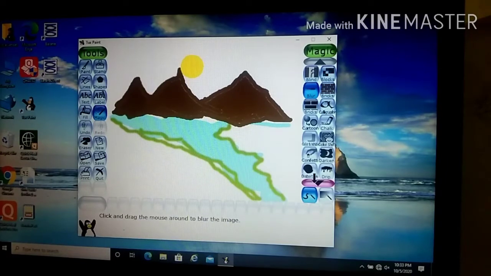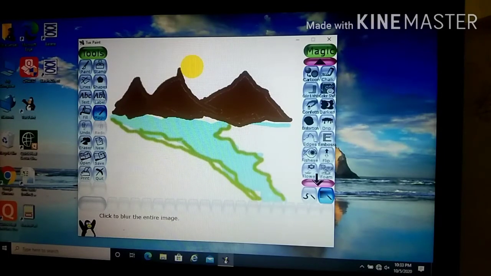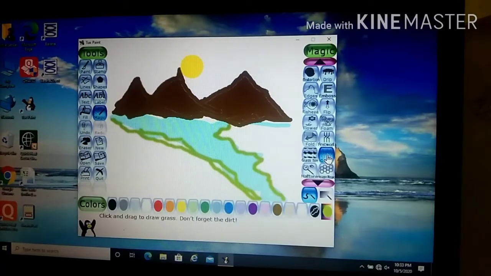What we have to do is, you can see the arrow option already. Just click there and you will see the grass option here. Click on that, select the dark green, and then just click. See, can you see it?